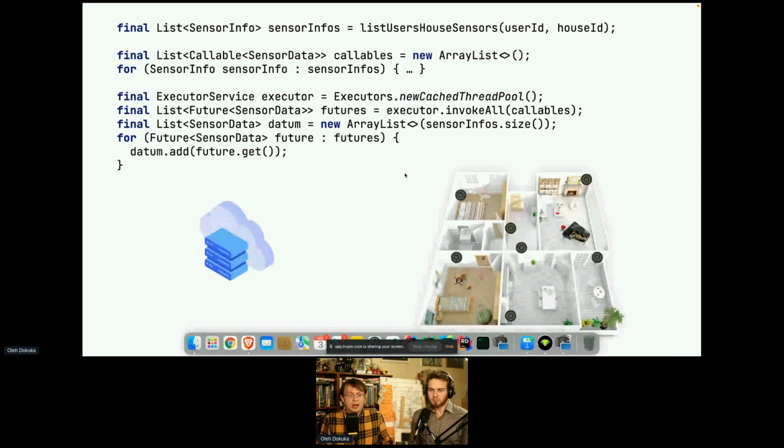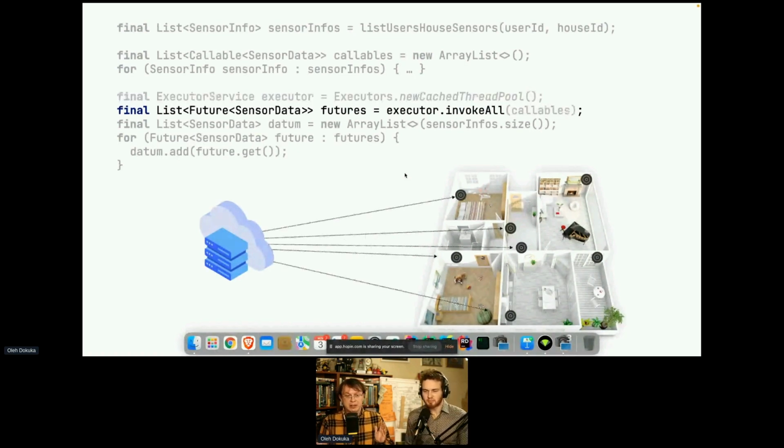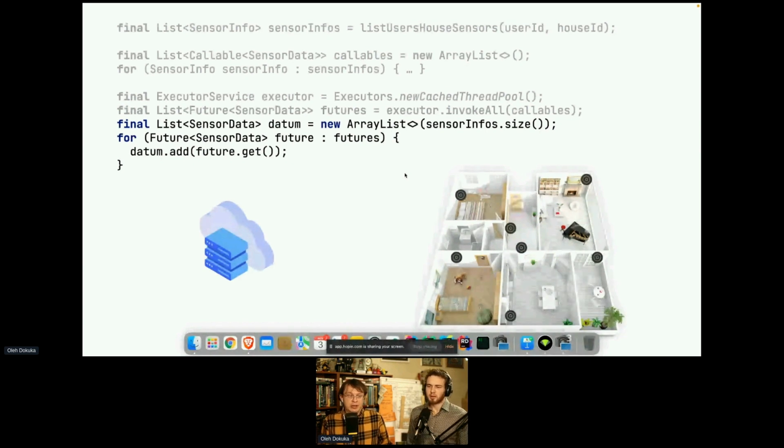You can use executor services for this, and for executor services we have the method invokeAll where we can pass some callables. Callables is another story, how it's constructed, but it is a very nice solution. We can invoke all and get the list of futures of sensor data where our temperature will be stored. And then going also by the loop, we can call future get and put this data to the array.